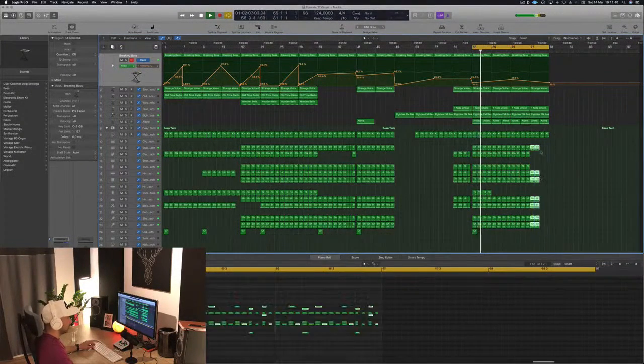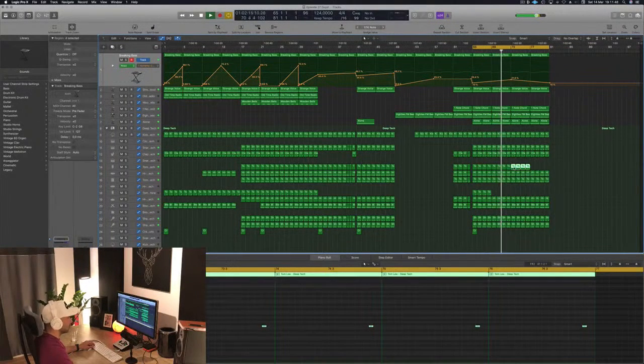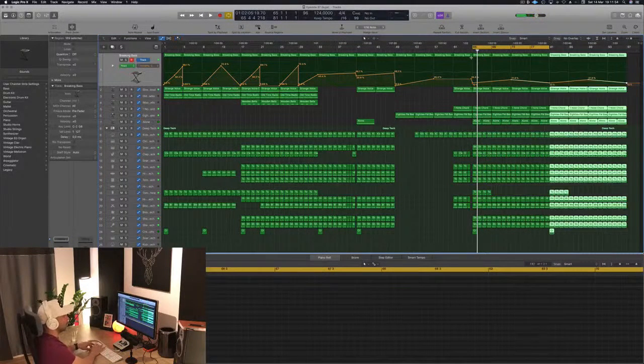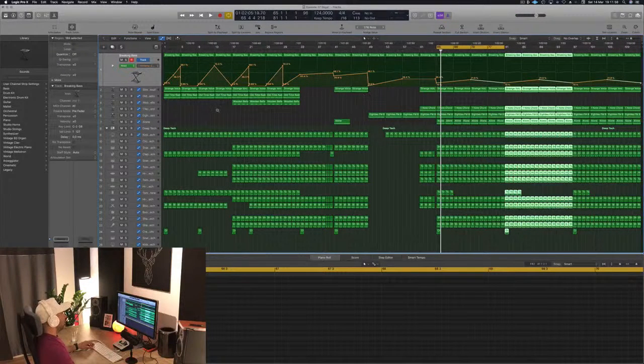Oh, seems there's some percussions missing to do this here. Okay, so what I'm gonna do is I'm gonna replicate this. 1, 2, 3, 4 here, 1, 2, 3, 4 there.